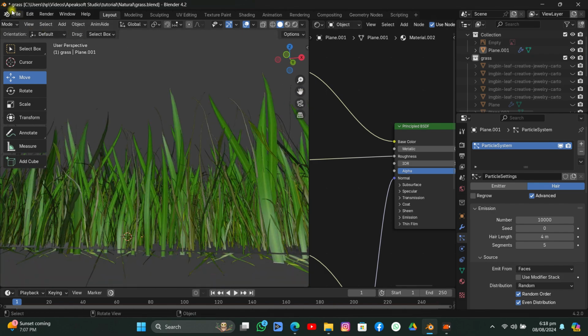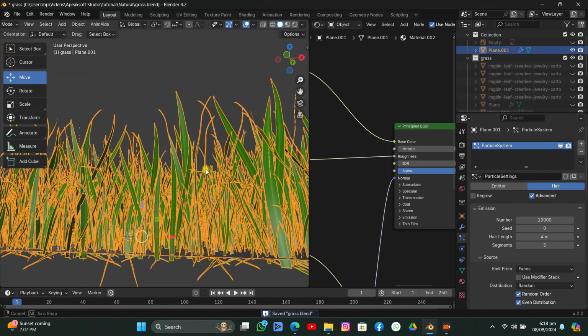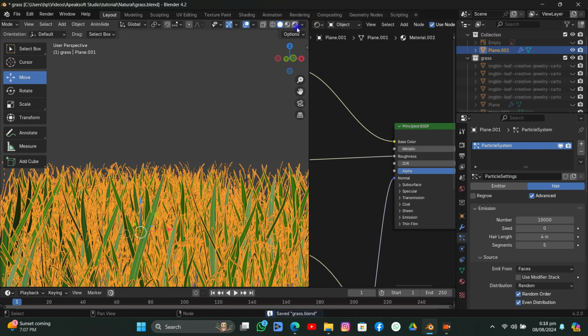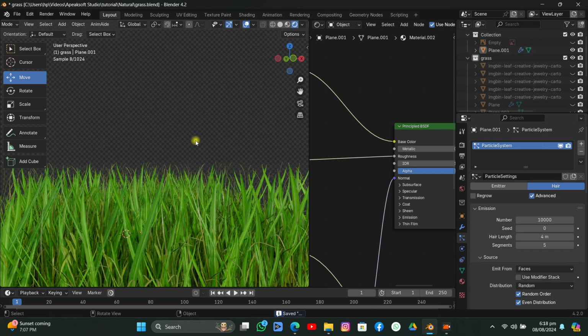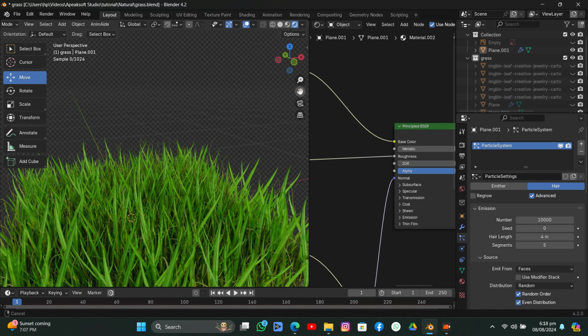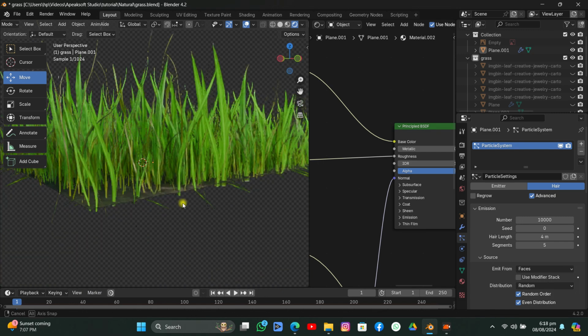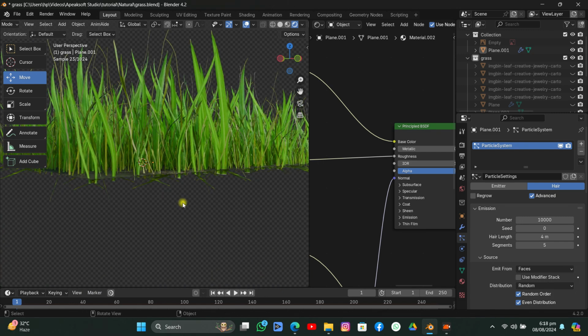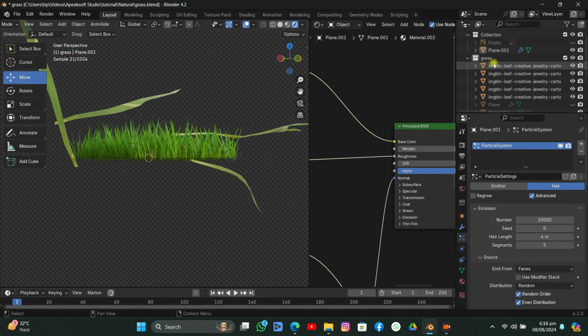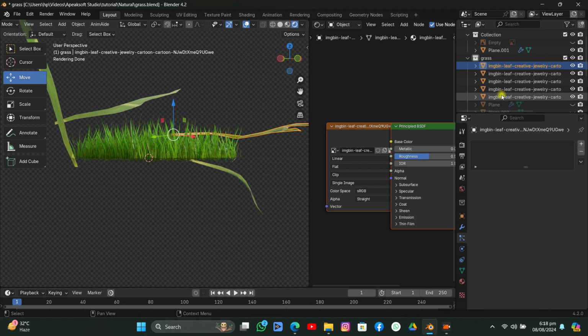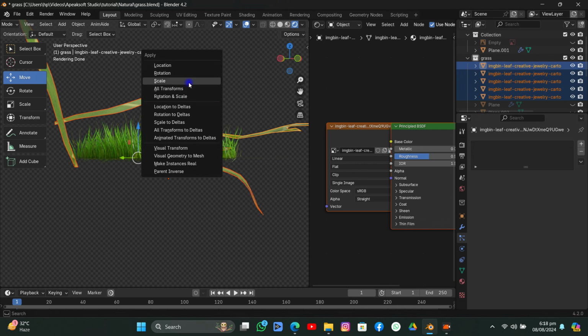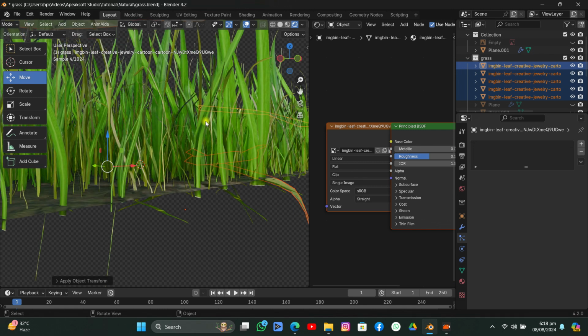If we go into render, as you can see, we got something looking really good, and we can turn this on. And if we select them and hit Control A and apply the scale, maybe if you go to edit mode and scale them up a bit,